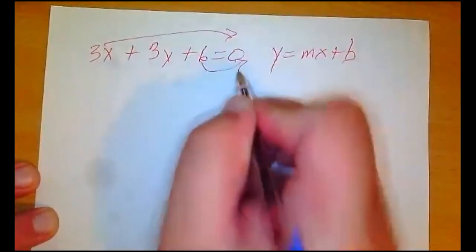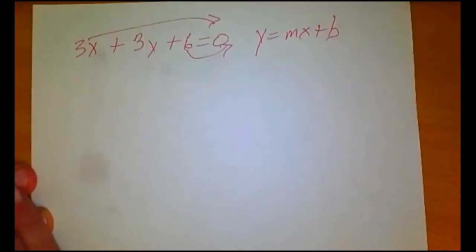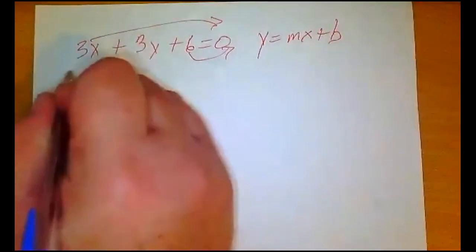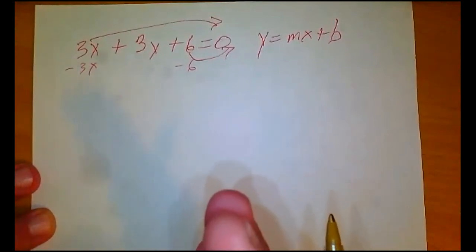So I'm going to have to move the 3x and the 6 over there. Now remember, there's two ways that we can do this. You can either subtract, so I could do subtract 3x and subtract 6. Or I can remember that when I move a term from one side to the other,